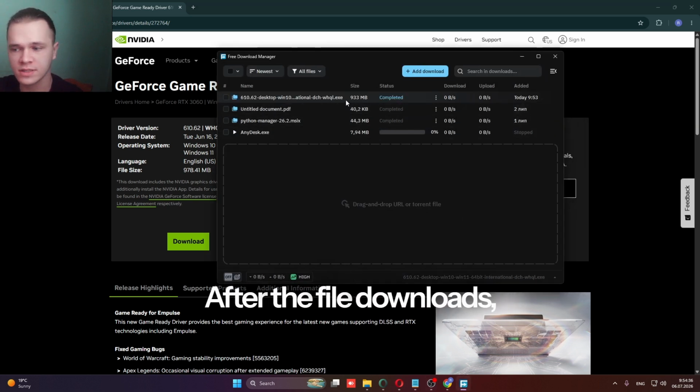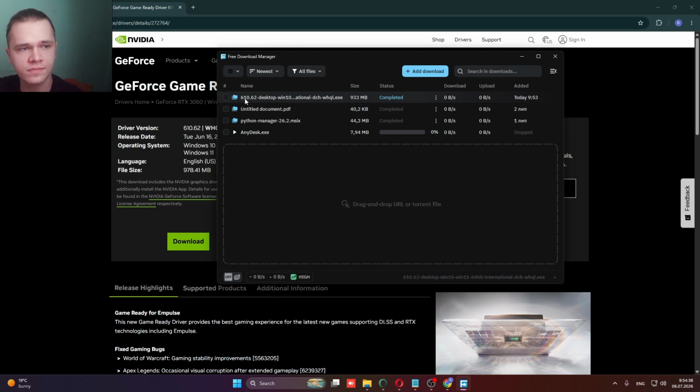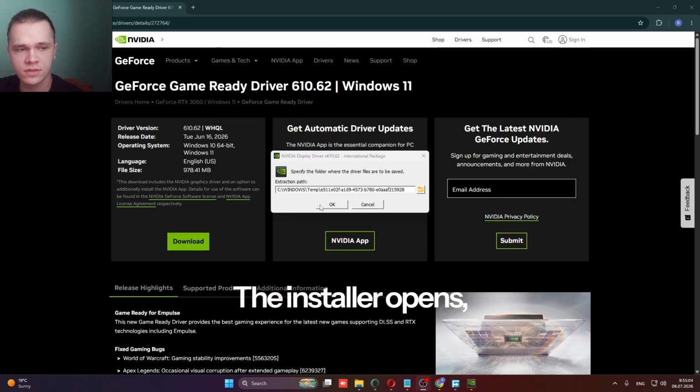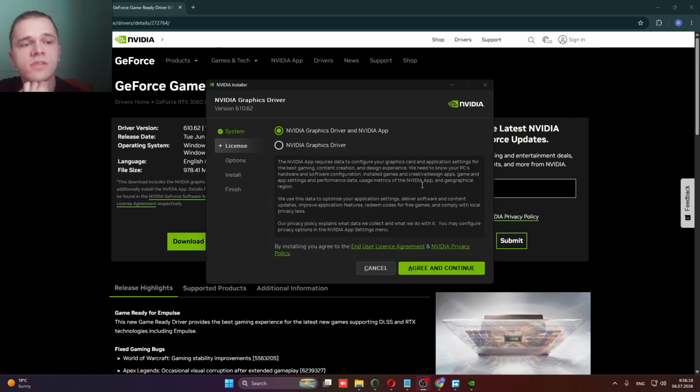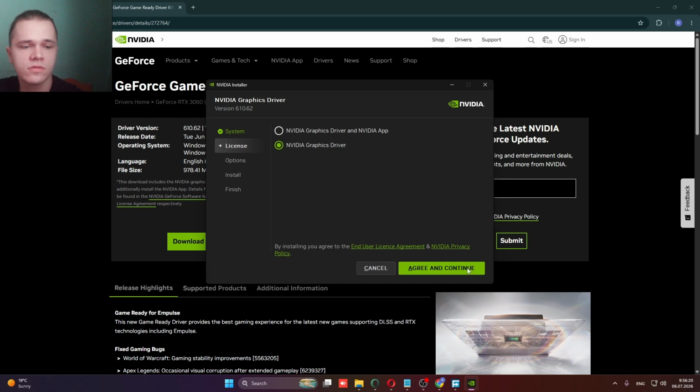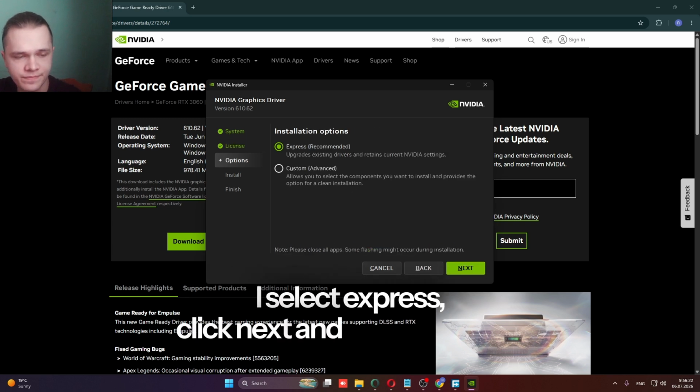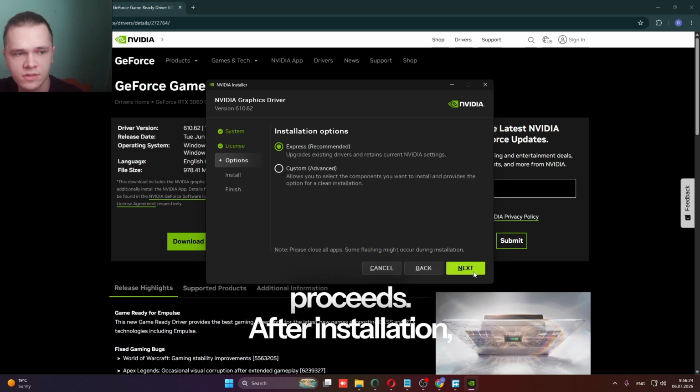After the file downloads, open the EXE file. The installer opens, click OK, and the installation begins. Here the installer opens, I select the other option. I click Next. I select Express, click Next, and the installation proceeds. After installation, restart your